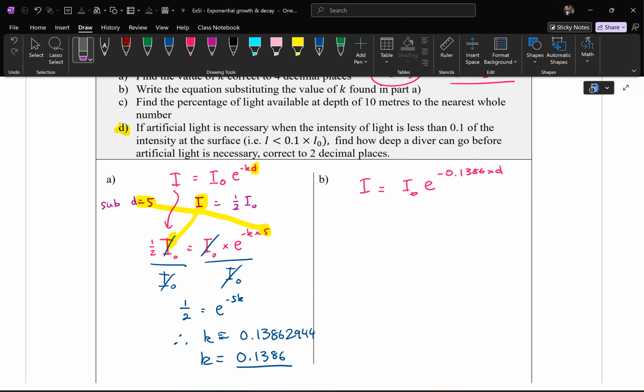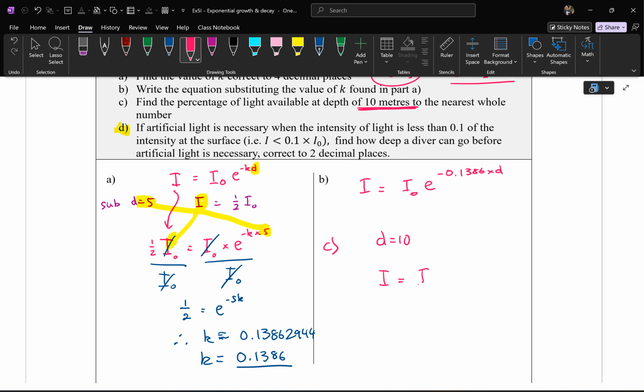In part C, which is on the next page, but I'm going to just do it here, they said that the depth is 10 meters. So when you're 10 meters below, how much light is available? You start off with a certain amount, and the question is, what's the percentage of light available at that depth? So if you sub it in,